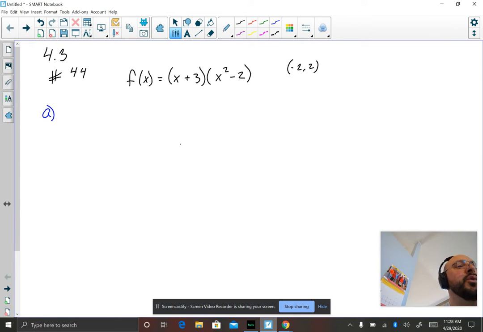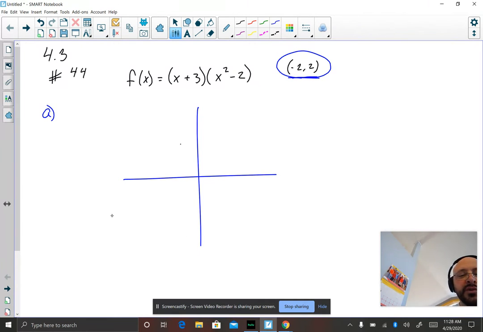Here's section 4.3, number 44. They give you a function, and they also have a lingering point off to the side. We're going to talk about what that means. Directions for part A say find an equation of the tangent line to the graph of this function at the given point. What they are telling you, this is kind of nice, is that I'm not exactly sure what this function looks like. I'll just kind of make one up. They are telling you that it definitely contains the point -2,